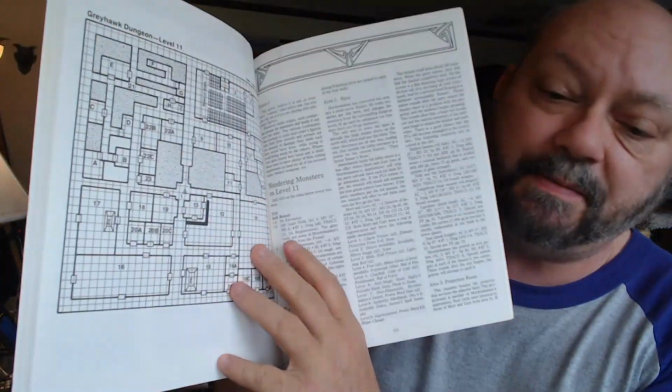Where is it here? It's the Mordenkainen's level. Mordenkainen's Movie Madness. And this is basically a big movie studio. I would use this, but I would change it to be Zagyg's Movie Madness, because that would fit better with the theme of him being an insane demigod who's running this place and doing it for his own twisted amusement. So if you have something that's overtly silly, I would bring it back to Zagyg